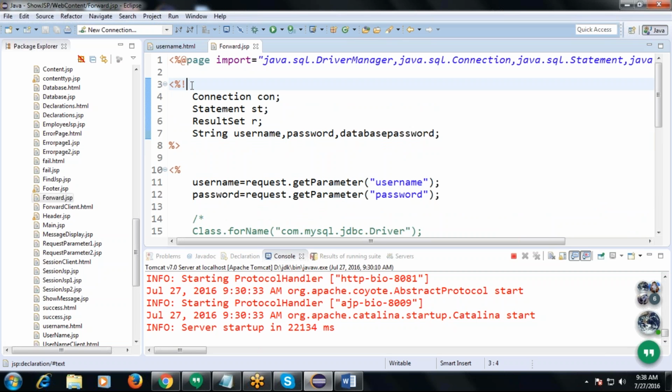Yes, that's very important. For declaration. So when we want to create any variables or objects, then we must create them in the declaration section.